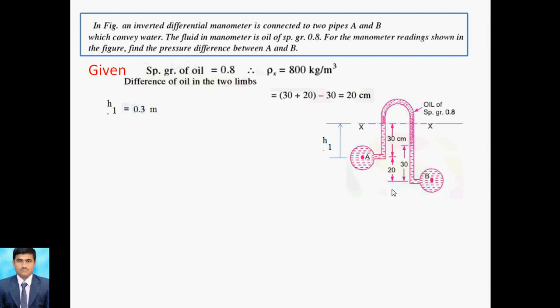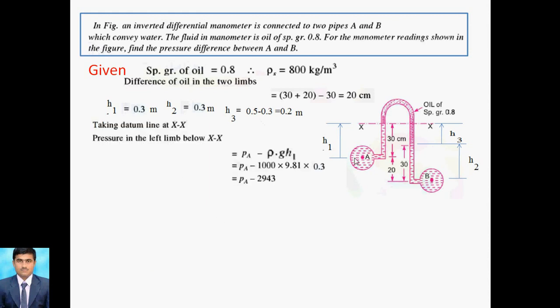This is h1. Now we go for h2. What is h2 here? This height, that is 30 centimeter, right? So h2 is 0.3, because 30 centimeter is there. And now last, what is h? H is total 50 minus 30, that is 50 minus h2. So it gives the value h3. What is the h3 value? It gives 20 centimeter, that means 0.2 meter. Okay, so this is all about h1, h2, h3.